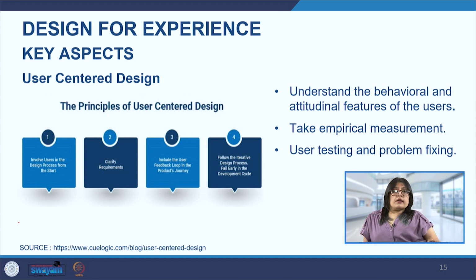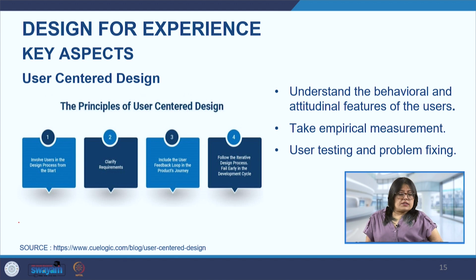So, we can see that understanding the behaviors and attitudes of the users is important, and empirical measurements are important when we have to really prove something. Like in Nestle's case, we can see that 45%, that is a number, which is a significant number, is informing us how, for example, the user base increased. Again, empirical measurements need to be taken regarding the improvement, maybe before and after, and also the testing and problem fixing.